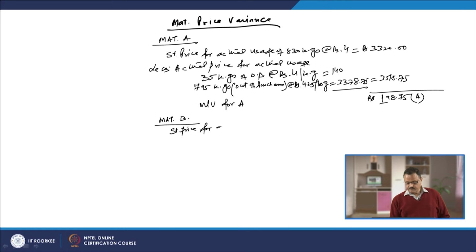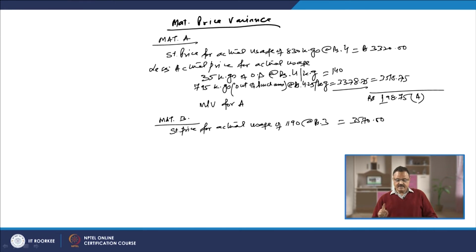for actual usage, standard price for actual usage of 1190. Means in case of the B, standard price for actual usage of 1190 at the rate of rupees 3 works out as how much? This works out as 3570, standard price for actual usage of 1190 kgs at the rate of rupees 3, that is 3570, and now we have to calculate the less